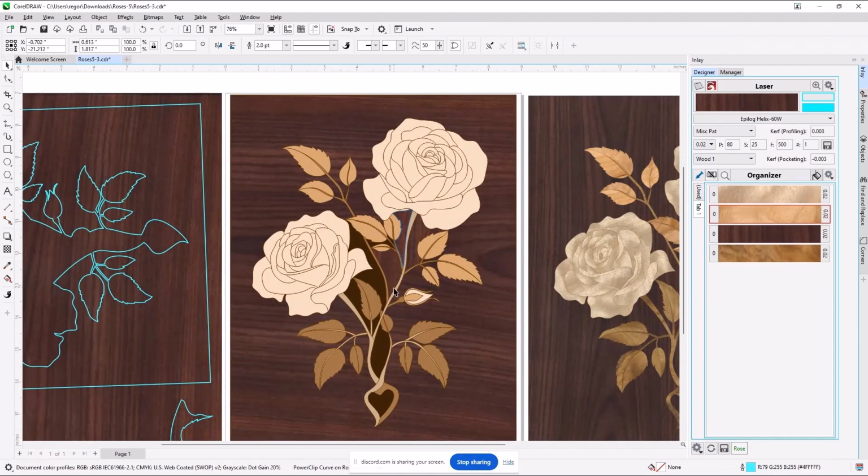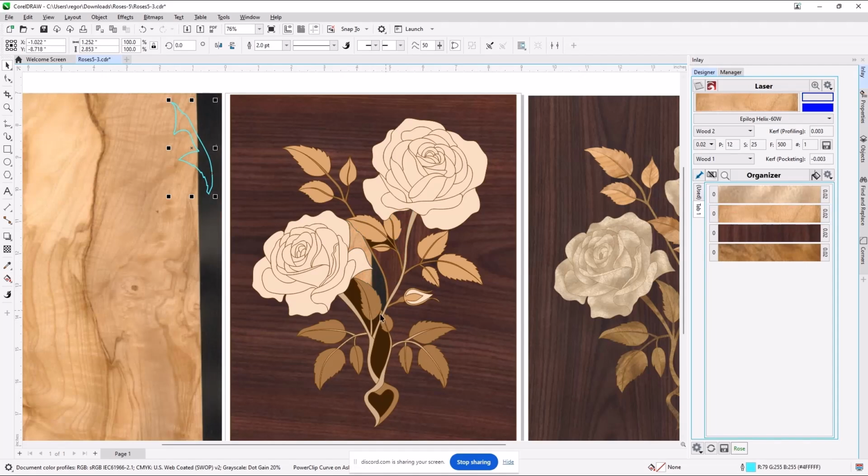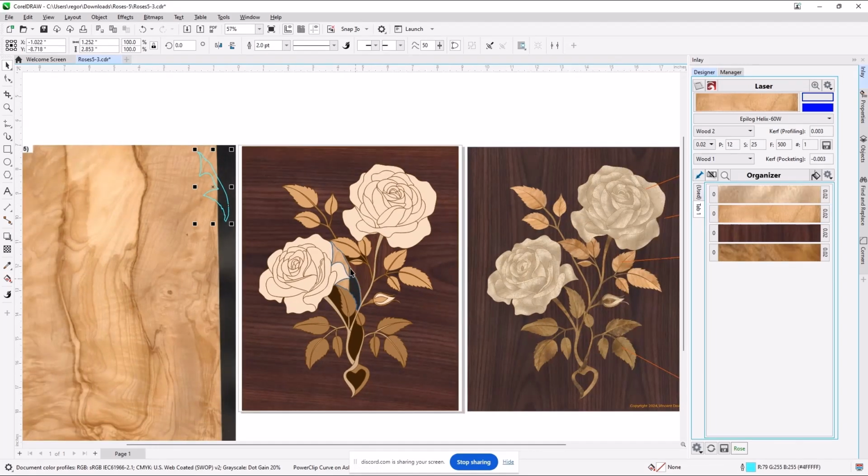I've got veneer going that direction. I could just screw up the rest of it if we really want to. Oh, here's one. That veneer piece is right off the edge of the page, so I actually have to move it over here somewhere to get it to load properly. So none of that's going to fly for this picture, but I wanted you to be aware that you can, in fact, do anything you want.